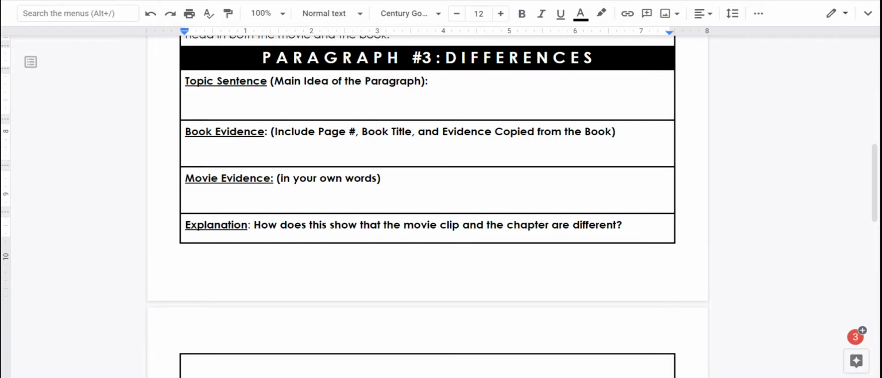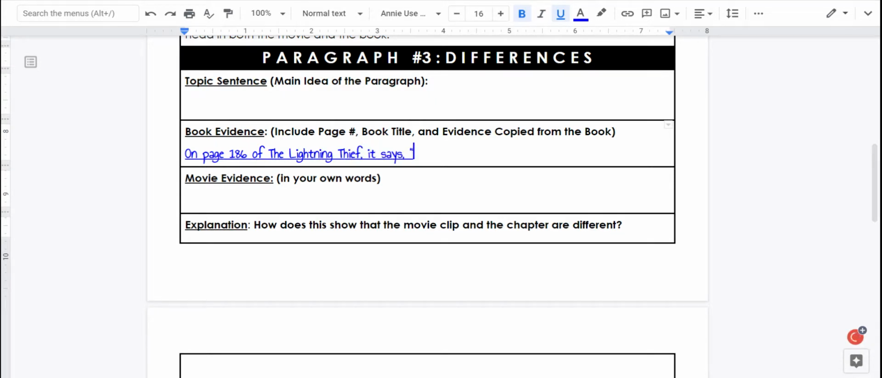Okay, so one of the differences we see in the Medusa scene between the book and the movie is that in the book, they send the head of Medusa to Mount Olympus, but in the movie, they actually take the head with them. So that is going to be the focus of this paragraph. We're going to start with our book evidence again. So we're going to start by saying on page 186 of the Lightning Thief,